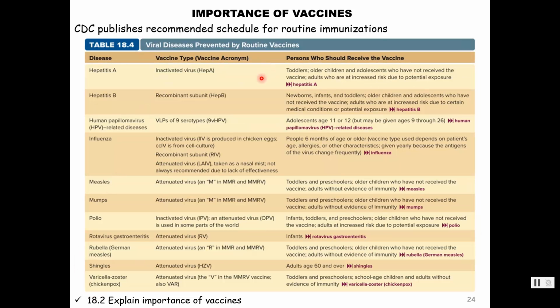Okay, we just kind of wrapped up our viral unit as well. So we know the hepatitis that causes liver cancer and liver disease, human papillomavirus, which is linked to cervical cancer. Influenza, we know that is a virus that goes through antigenic drift and antigenic shift. Measles, mumps, we talked about those. Polio, we're about to. Rotavirus, rubella, German measles, that could actually cause miscarriages if a woman's never been exposed to